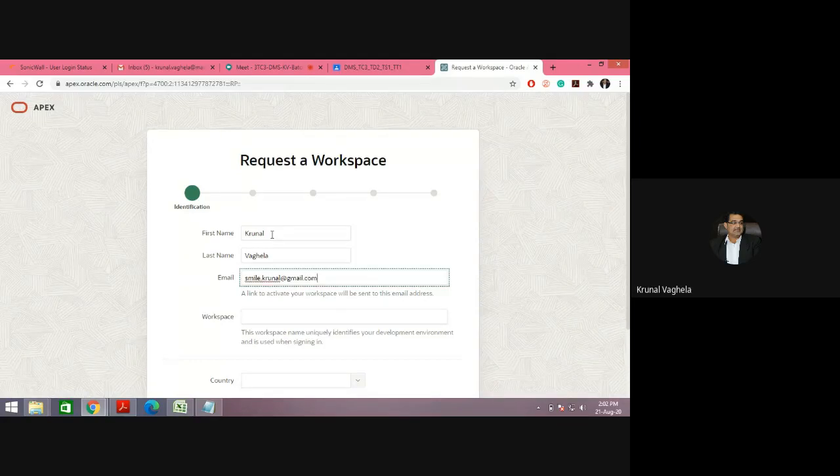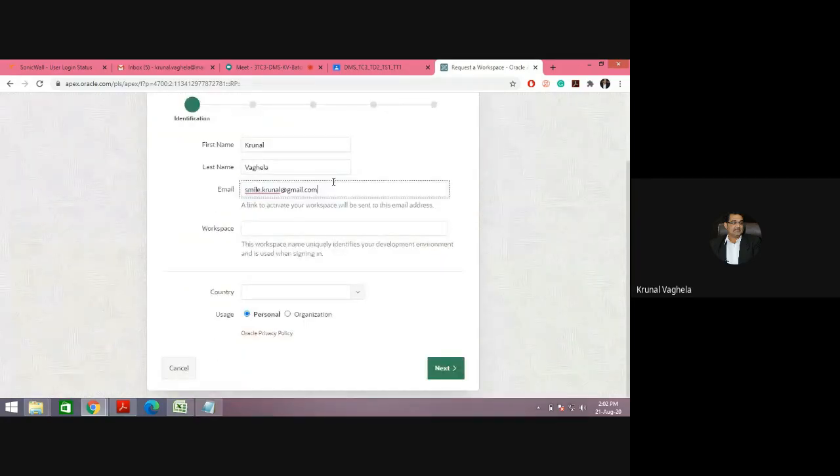You need to write your first name, last name, email ID, and workspace. Workspace is used to uniquely identify the database that you are going to create. You need to remember it, because every time you log in, you need to use that. By default, put your name underscore surname, like KRUNAL underscore VAGHELA.